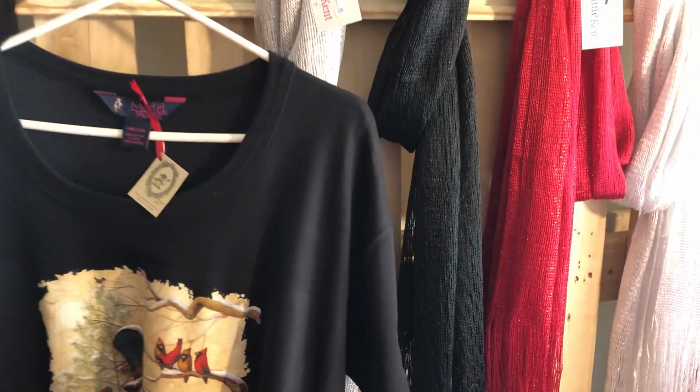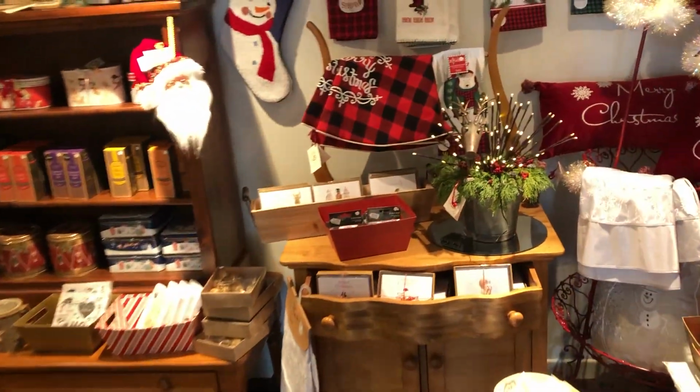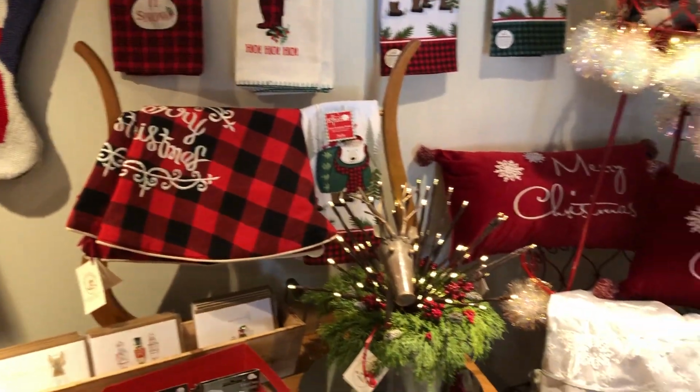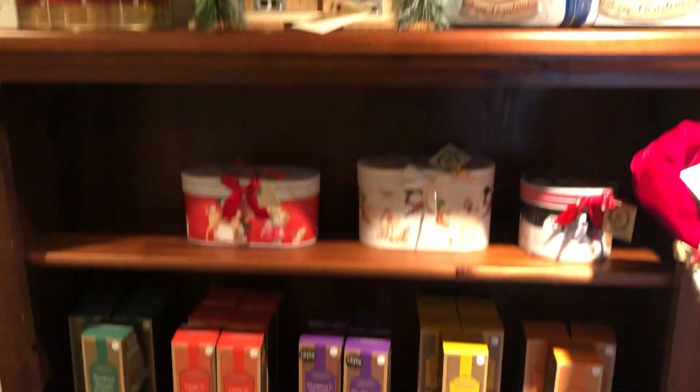scarves, and lastly, into our little annex room, tea towels, tree skirts, fun little snowman ornaments, Christmas cookies and biscuits,